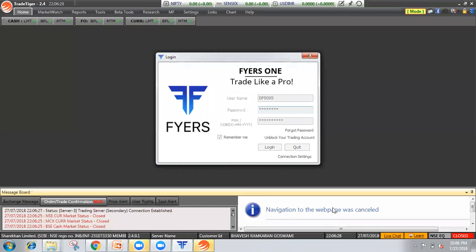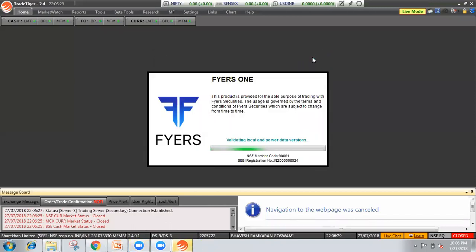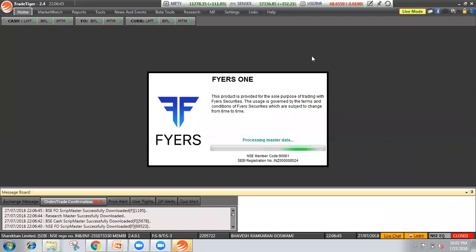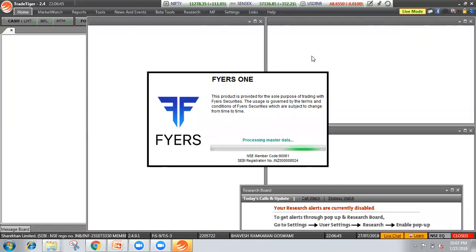Okay, first of all, we will see Trade Tigers, and then we will see Fires. Trade Tigers and Fires are both laptop software. They have to be on a laptop and do not work on mobile. I've already been saying that for the last many days. That's for your information. They are laptop software that has to be installed on a laptop, or on a workstation or a desktop. That depends on you. So it has to be installed there.